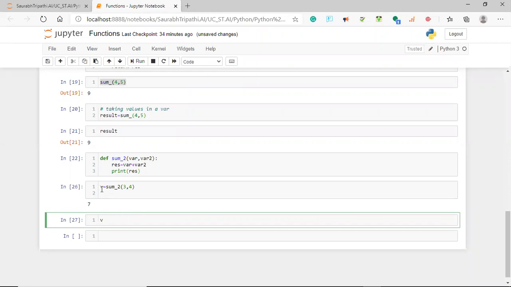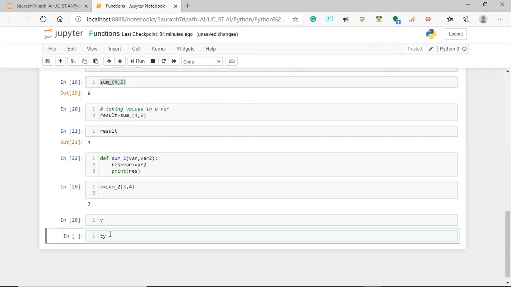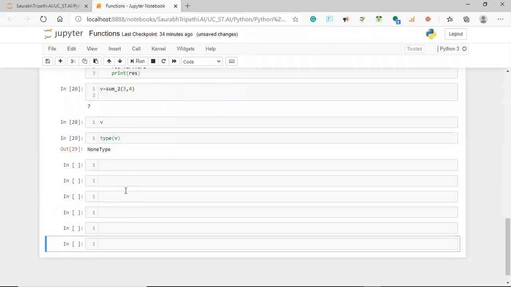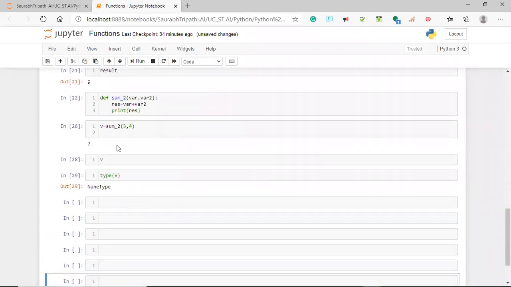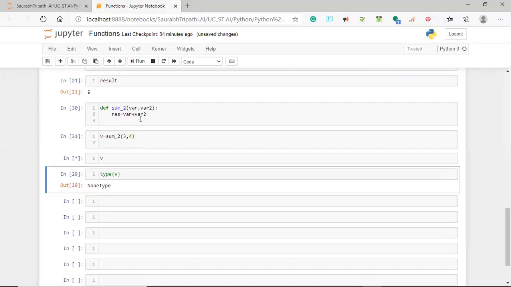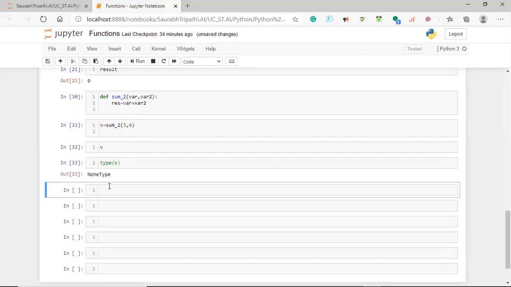I hope you understand, guys, this is not the real output, this is the print value only. We are printing here, that's why we're getting this number. When we run this, we can see that we are not getting any kind of output. If we check the type of v, it will be None, because the function is not returning any value, so it is a None type variable. So we cannot really use this value. If I remove this print from here or keep the function only, you can see that after calling this, we are not getting any kind of output, and in v we have only a null value. That is something that we don't want. We want to use the output of this particular function.